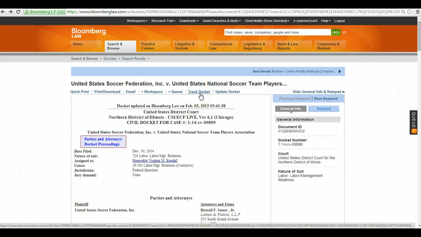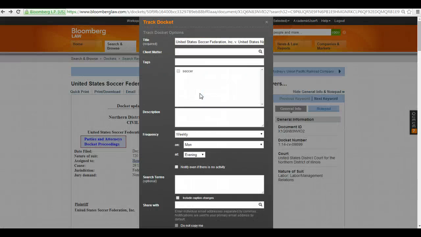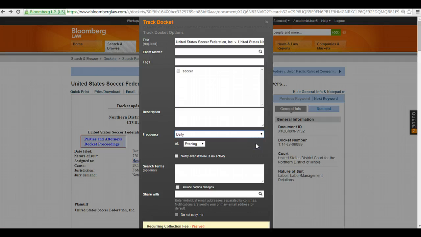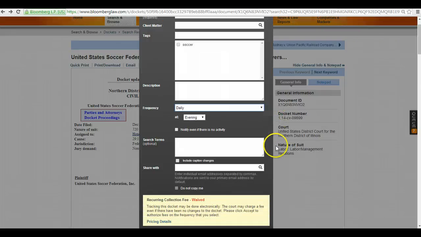Now, imagine you are instructed to notify the supervising attorney immediately anytime there is new activity in this case. You can easily do this by clicking on Track Docket. You can then customize your Track Docket options. For example, you can tag the track with a relevant tag, and you can also set the frequency for when you'd like to be notified of new activity. Specifically, I would like to be notified daily, and so I will set that as my frequency. Now, after I click Accept,